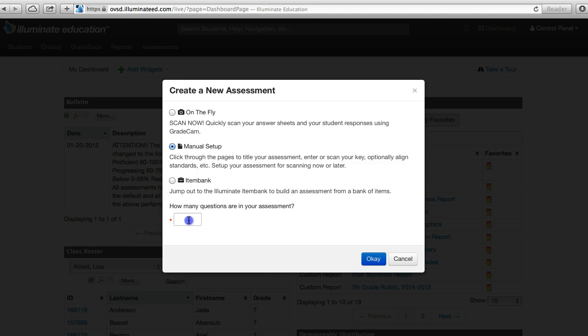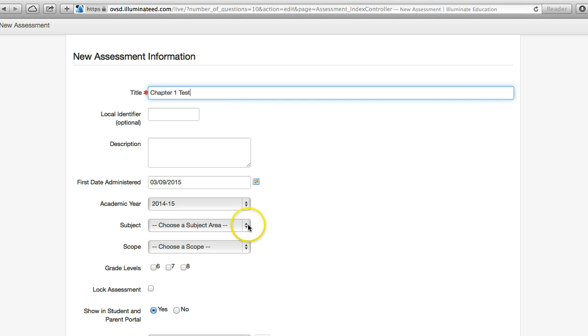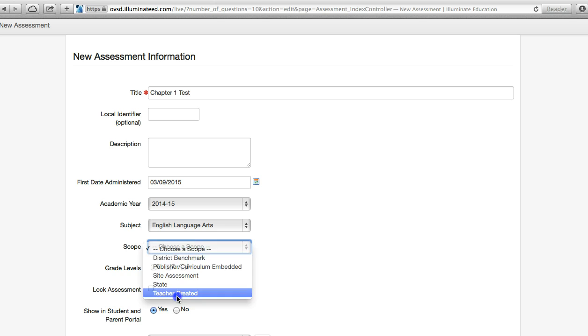Go ahead and type in how many questions you have. Hit OK, and this will take you to your home screen. At this point, you're going to want to fill in all the information that you think is important. Of course, you need to give it a name, and anything else is up to you. If you want to fill these parts out, you can. Not important, but it might be a good idea. When you're finished, go ahead and save at the bottom,